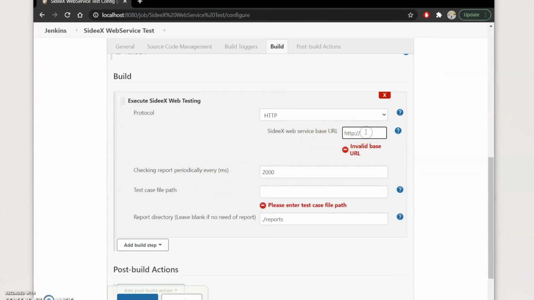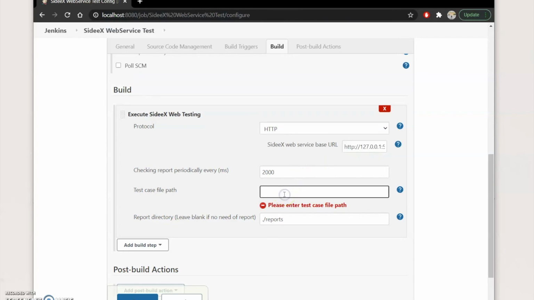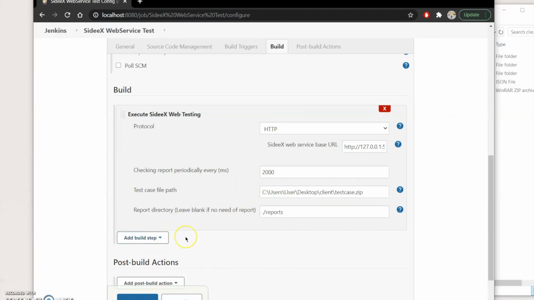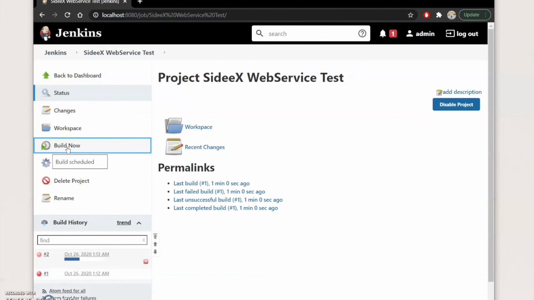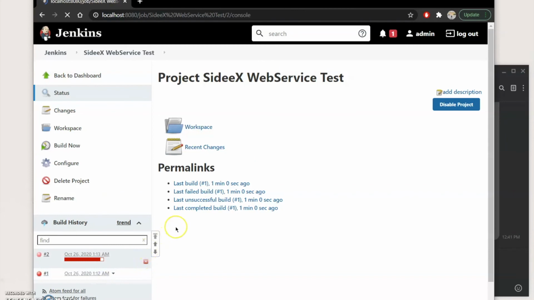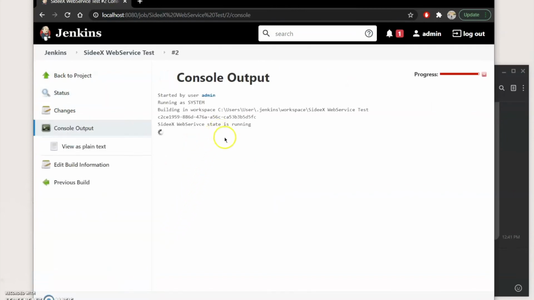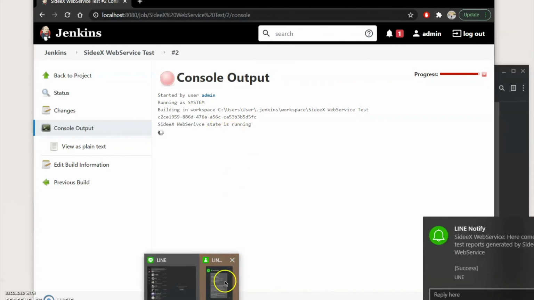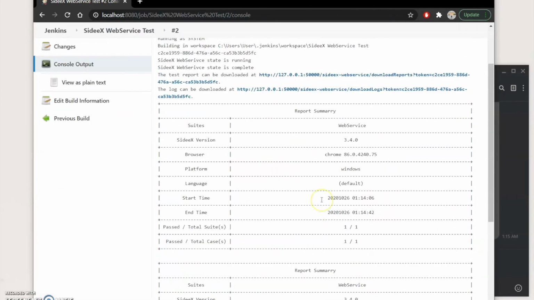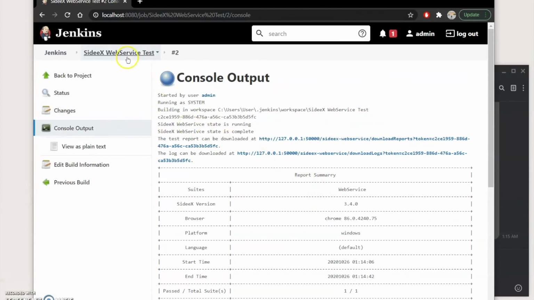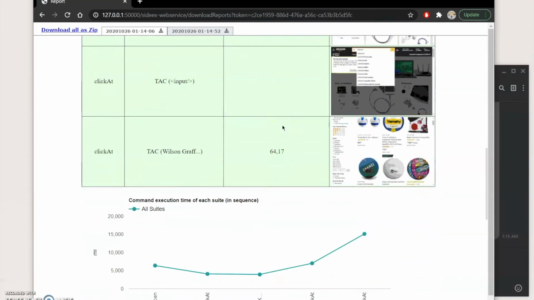Here, you can enter the information about your web service, such as your server URL with the port number and the absolute path to the zip file you just prepared on the client side. When you're done, click on Save and you are ready to execute your test cases on the CDEX web service. The only thing you have to do is click on Build Now. You can now sit back and wait for the execution to finish. If you have set up other notification channels, you will immediately get notified when your execution is finished. If you didn't, the execution result will still show up in your Jenkins output console. You can open the test reports and review the execution here.